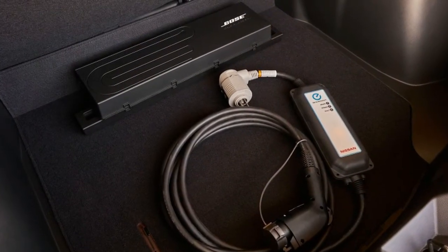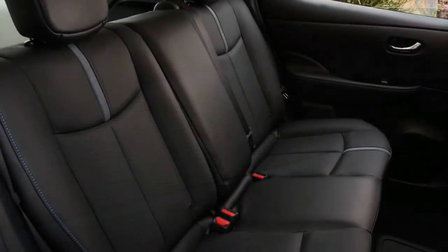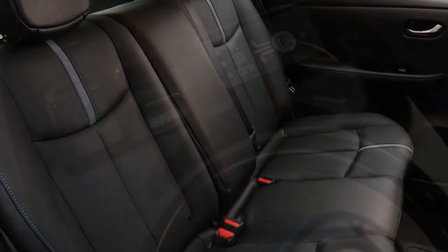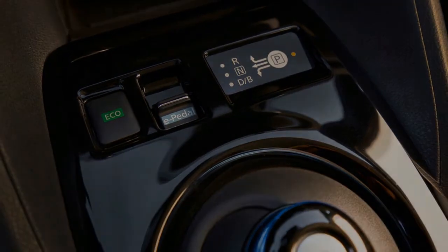For Leaf drivers, when there's no rumble of the engine to mask it, wind noise has been the thing they've noticed. In general, mirrors are especially noisy, as the airflow is getting disturbed right in front of the driver's head. Nissan added more sound deadening to the 2018 model to make it even quieter, including an acoustic glass windshield. The company also tuned the aerodynamic design in the wind tunnel. We were able to visit the wind tunnel and watch how the front of the Leaf diverts as much air as it can away from the mirrors to